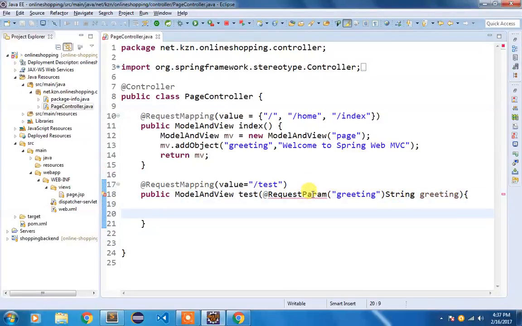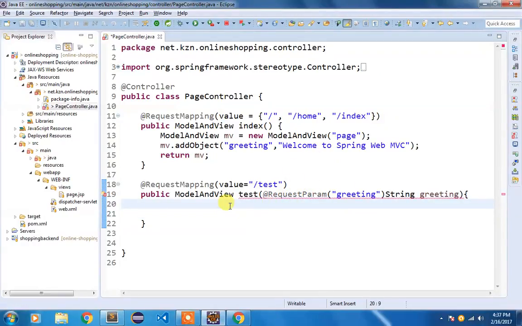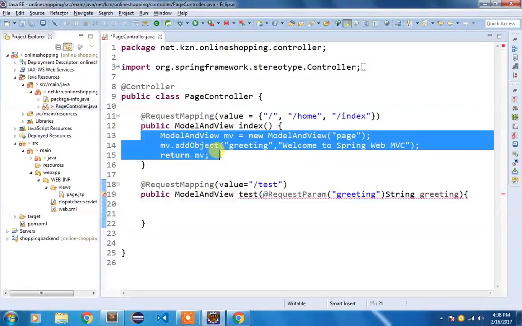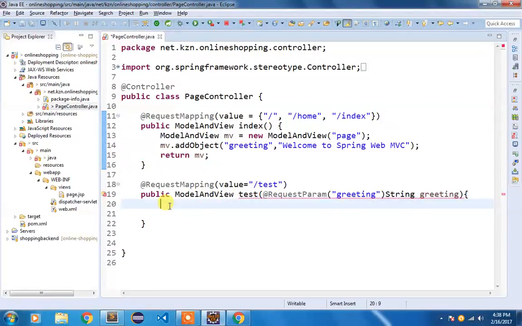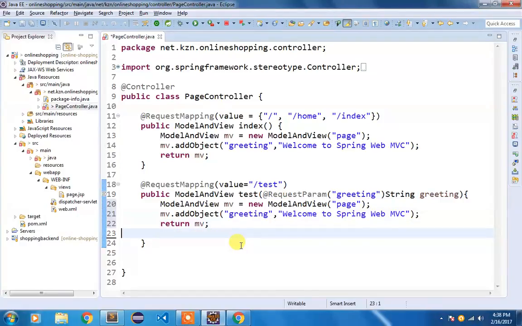Now we need to import this annotation, so Ctrl Shift O, and we need to return this model in the view. I'm going to copy this code, because I'm going to use the same view here. So test, and this request param would be coming in the form of a query string, and the name of that request parameter is greeting, and we are going to assign it to a variable called greeting.